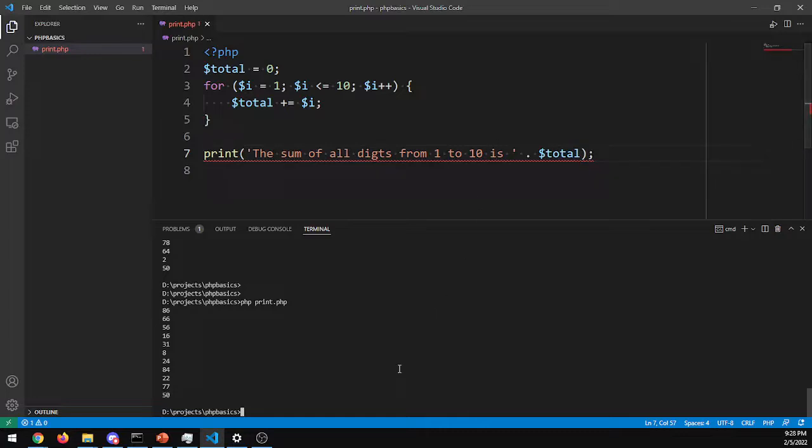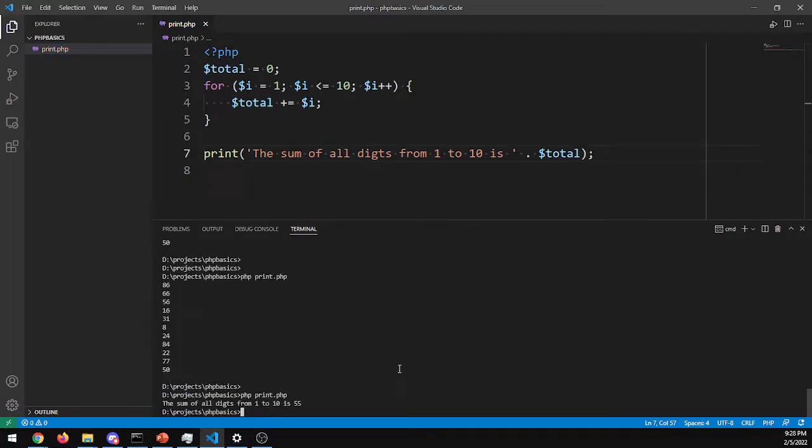Okay, so when I run this line, it will say that the sum of all digits from 1 to 10 is 55. So this one is good if the condition is correct. And this one is usually more rigid compared to do while loop. Although,